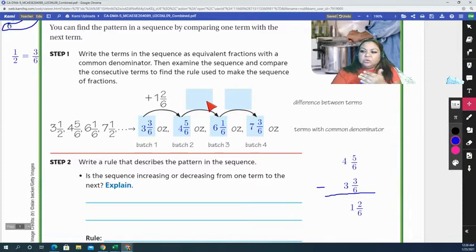And what we need to do is continue finding the difference. We keep doing that because it might be different. There might be a pattern where you're adding 1 and 2/6 and then adding something else. You never know. So you want to make sure by checking the difference to see if it's consistent. Okay, so we found the difference between the first term and the second term, or batch 1 and batch 2. So now we're going to subtract batch 2 from batch 3. And I'm subtracting from batch 3 because it's a bigger number than batch 2. If it was the other way, then I would switch the numbers. But in this case,